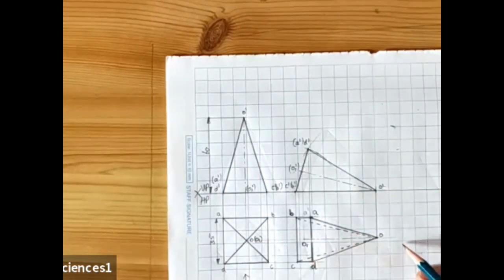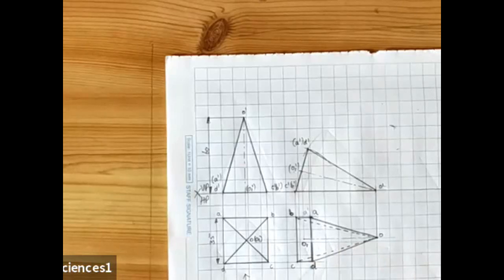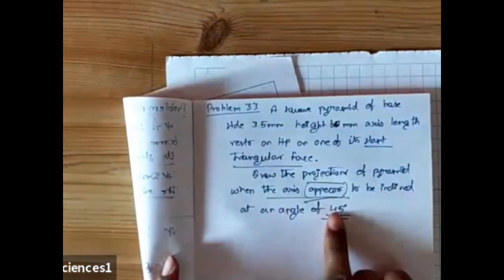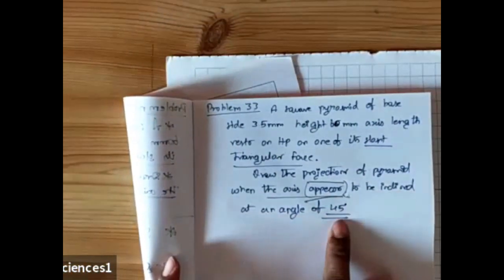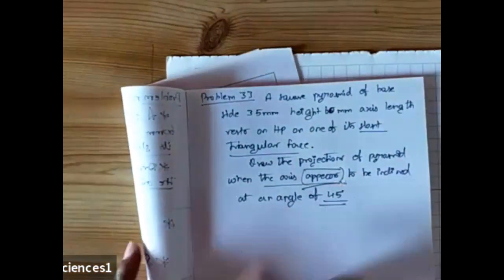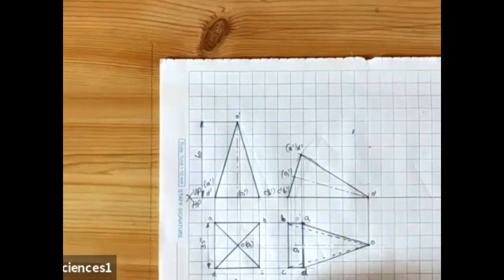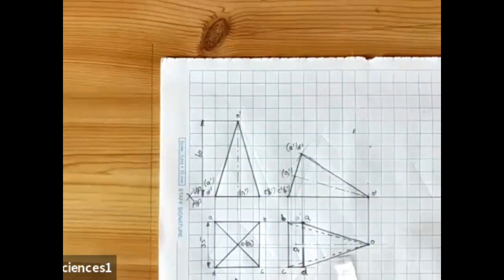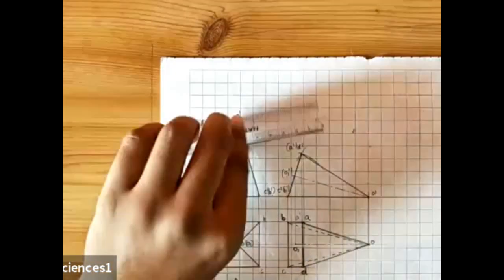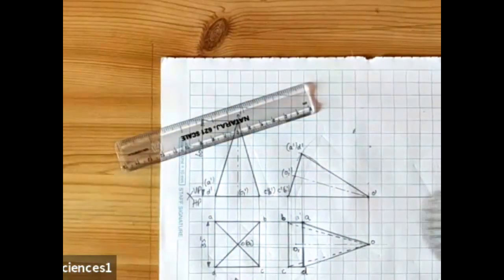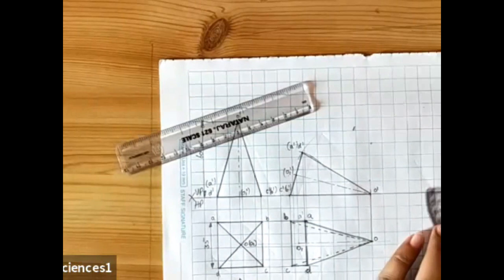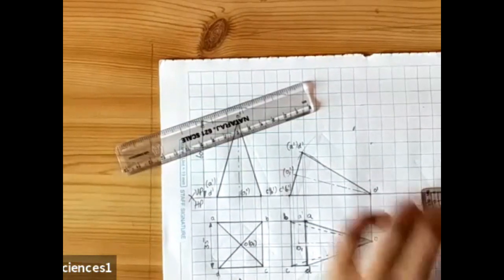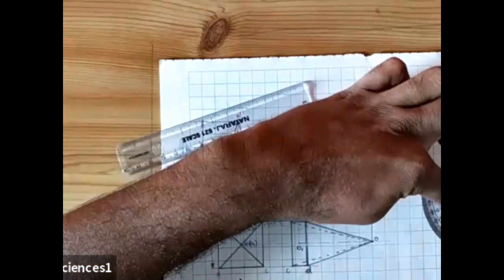It is a thin and chain line. What is the third condition? The third condition is, as given, the axis appears to be inclined at an angle of 45 degrees. So when you come across the word "appears", there is no apparent inclination. Okay, we won't be getting any beta angle here. So directly the axis O to O1, you incline at an angle of how much? 45 degrees. Place your protractor here and measure 45 degrees with respect to your VP.